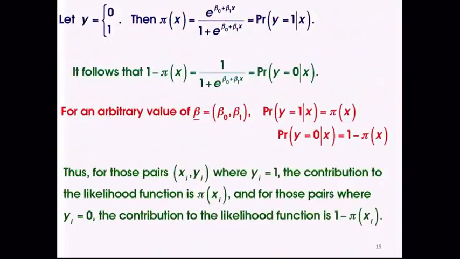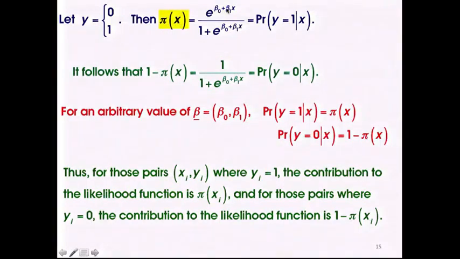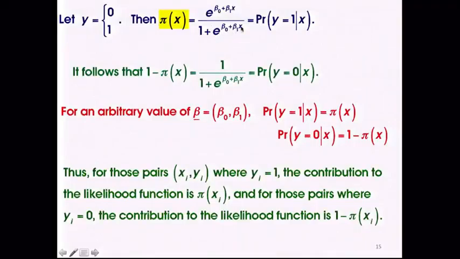So here we have, let's set y equals our outcome variable. That's 0 or 1, presence or absence of the outcome. Pi of x is, again, the probability that y is equal to 1 given x, which is simply e to the beta naught plus beta 1x over 1 plus e to the beta naught plus beta 1x. So again, that's the probability that y is equal to 1 given x. So it follows, again, that 1 minus pi of x is just 1 over 1 plus e to the beta naught plus beta 1x. That's the probability that y is 0